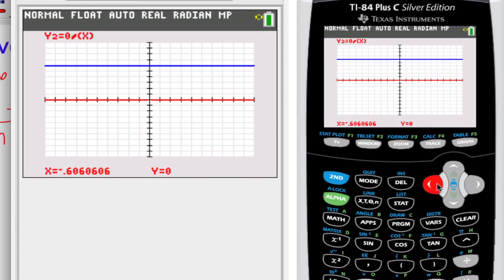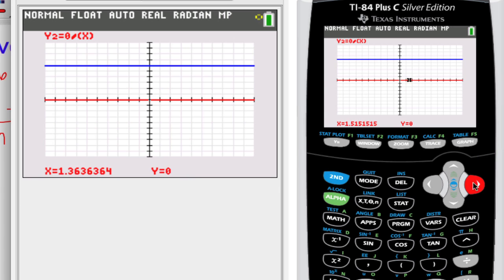Alright, but let's go ahead and trace along that. So let's come from the left hand side. As x approaches 0 from the left, we see it's at negative 1 and 3/10. As I get closer and closer, we still see that the y value remains at 0. Once x actually goes to 0, we see it's showing nothing here, but that's really undefined.